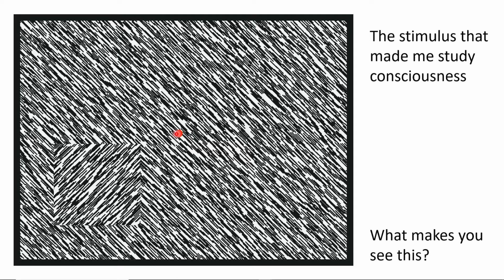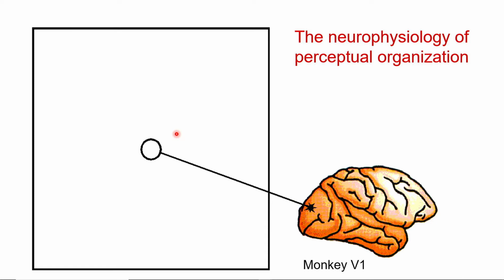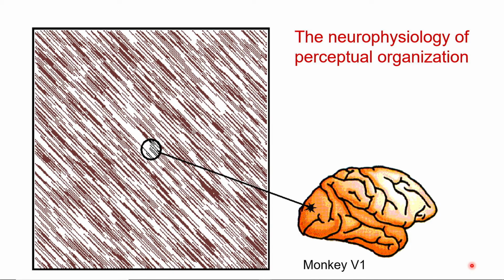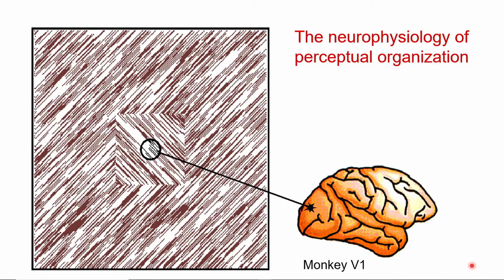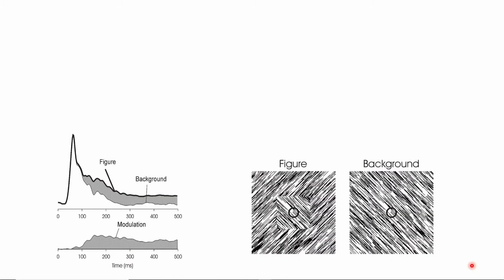So, some of you may know, what I did, I recorded from monkey primary visual cortex with these small receptive fields to look at the neurophysiology of this phenomenon of perceptual organization. So you have a bunch of line segments in the receptive field, and then these line segments can belong to, like here, a homogeneous background, or they can belong to such a figure. And then what I found there, ages ago this is, is that up to something like 100 milliseconds, you get an exactly identical response for these 2 stimuli,